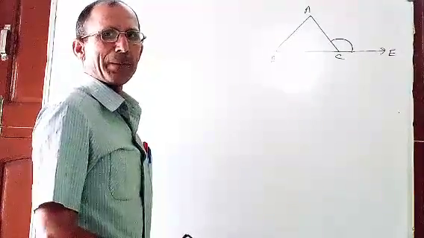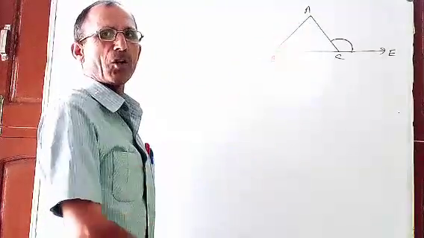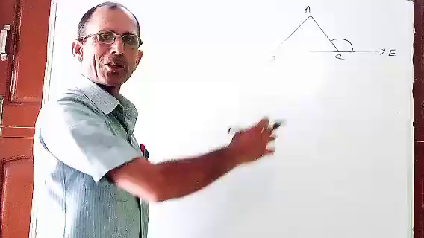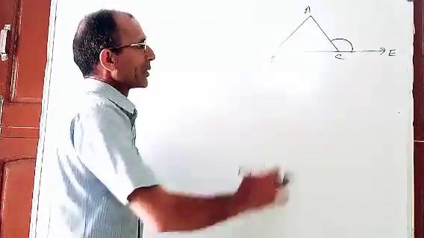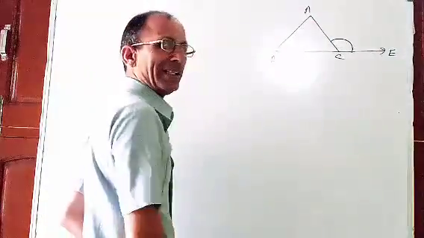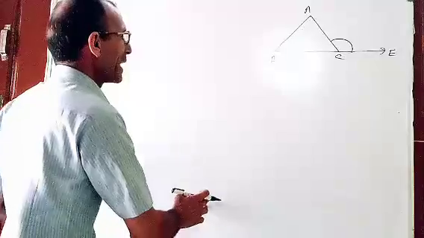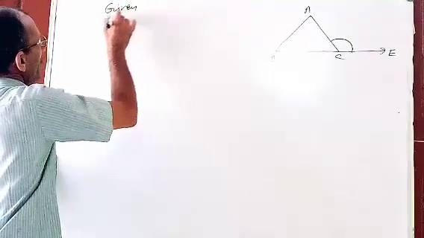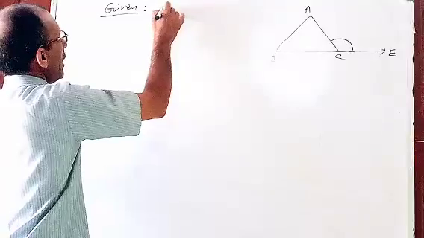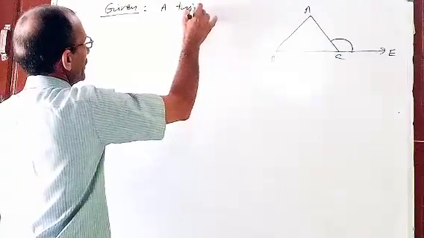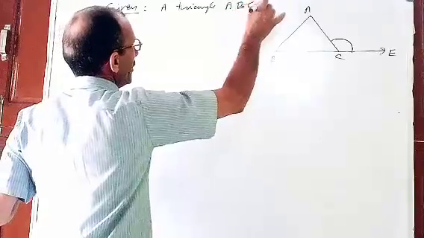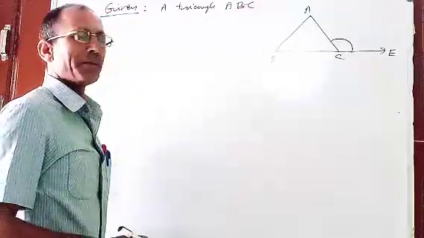So once again I am repeating, if one side of a triangle is extended, the angle formed by the extended side is called exterior angle. So ACE is exterior angle. So in given what will you write? Given. What is given? A triangle ABC